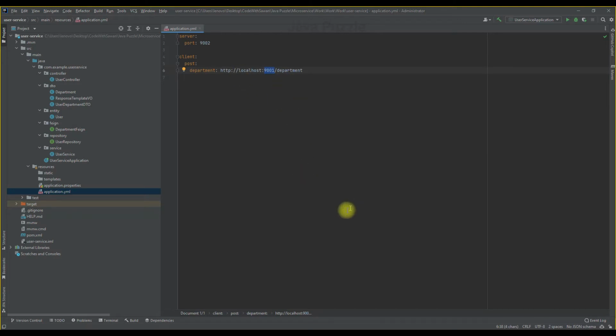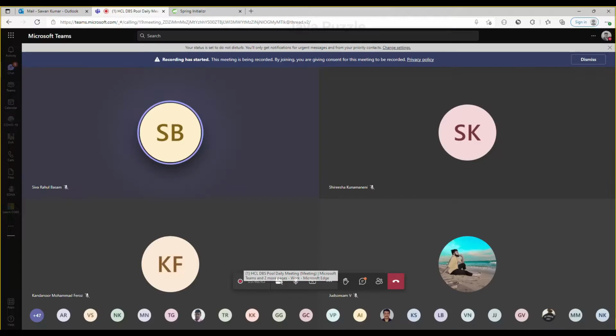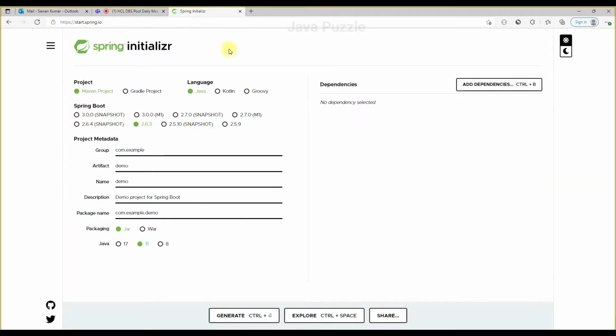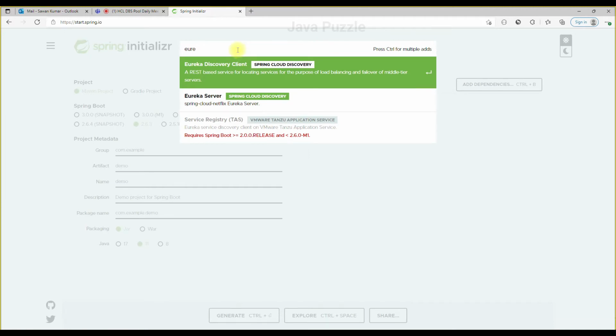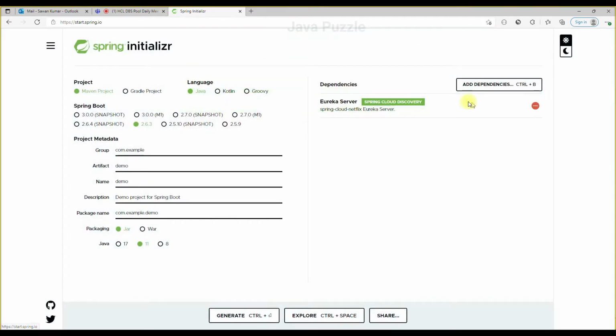So for implementing the Eureka server, let me show you. In the Spring Initializr, firstly you have to search for Eureka server. Eureka server will be one standalone application. It will run as a standalone application, and you just have to add the Eureka server dependency here. I already downloaded it.